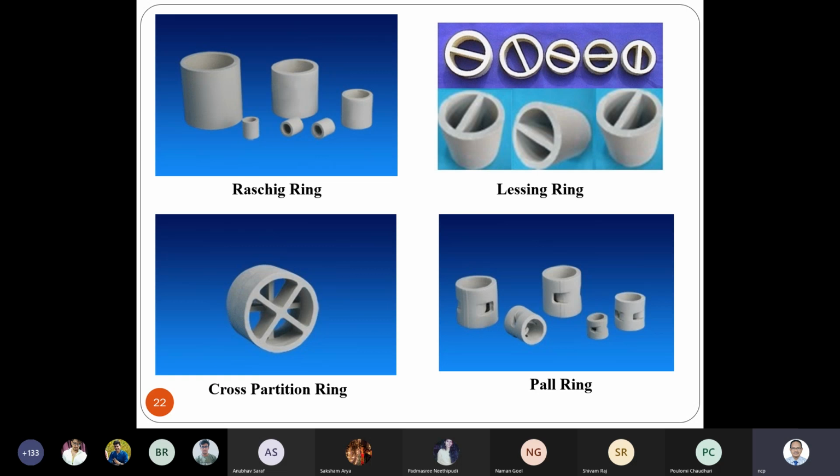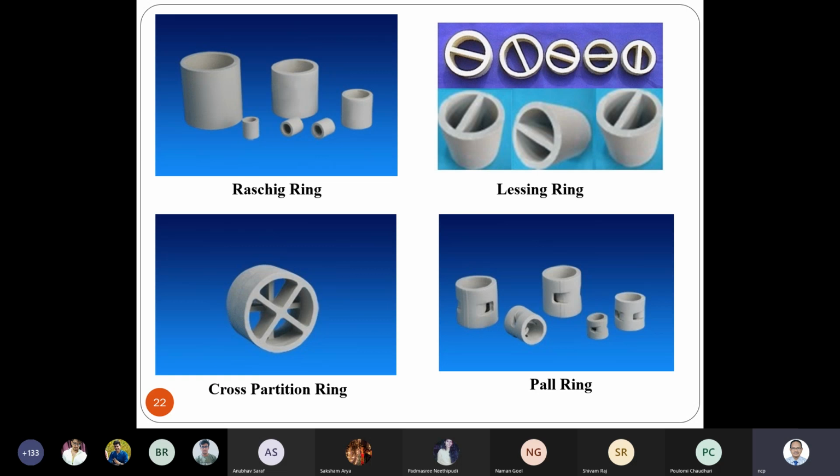Then this is another type of ring called the Pall ring. Here you just see that the external surface is cut in a particular way and pushed inside, right? So that will again increase the surface area and will again create some resistance for the gas phase. So this is also one kind of random packing, used for packing of these towers for different services, right?